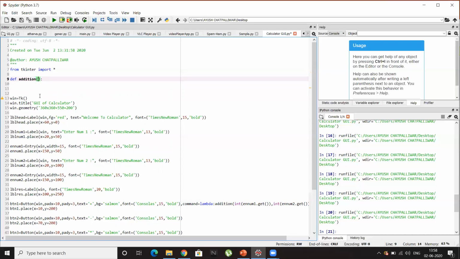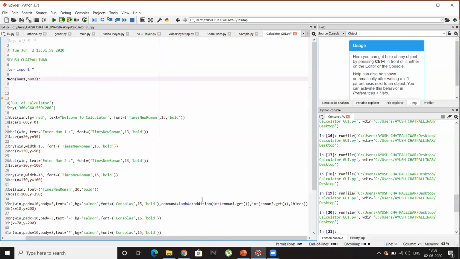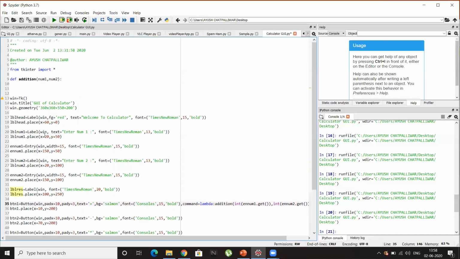And here what we'll have to catch is the first number, I'll call it num1, and the second number, num2, and we are sending three variables, that is first number, second number, and the result label. So the result label will be saved in res. Yes, this will work.